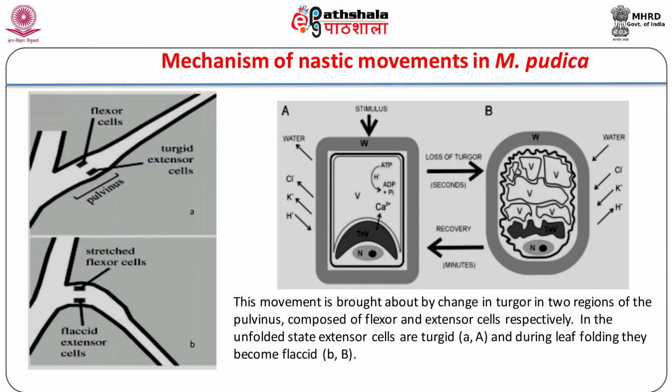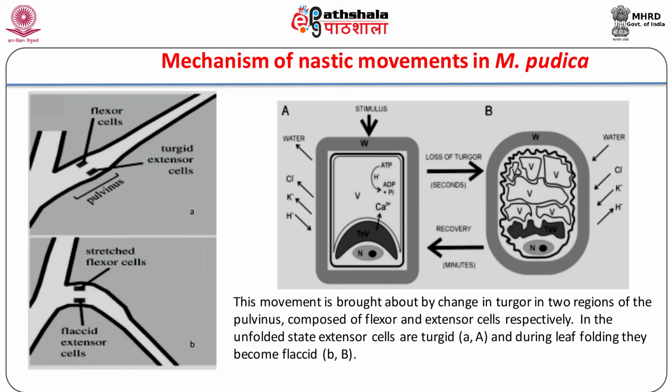proton ATPase. Calcium levels are also reported to increase in the cytosol of the extensor cells, and it is thought to play a role as a signaling factor for regulating ion channels and also regulating phosphorylation of actin microfibrils. Rearrangement of actin filaments have been observed during pulvinus movements. A decrease in ion concentration within the cell leads to rapid water loss from the extensor cells, probably facilitated by aquaporins or solute or water co-transporters. This leads to the folding of leaves in response to touch.